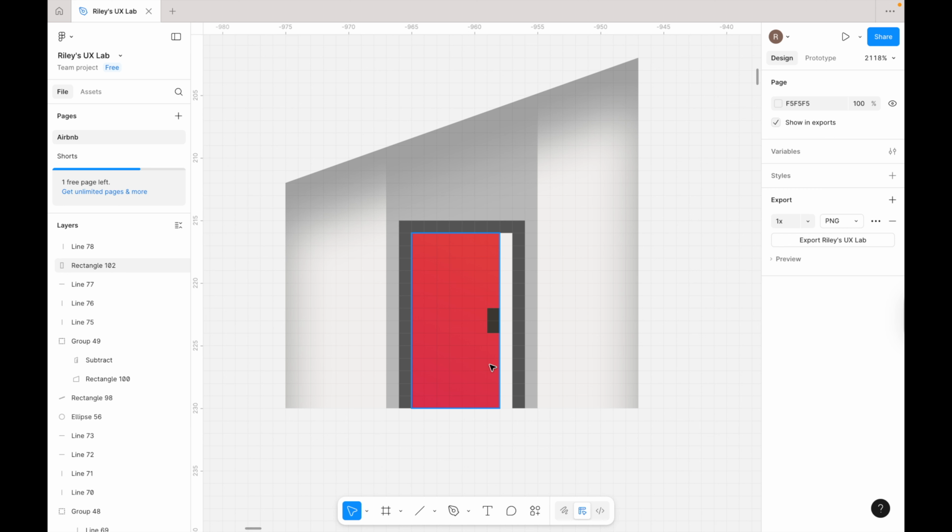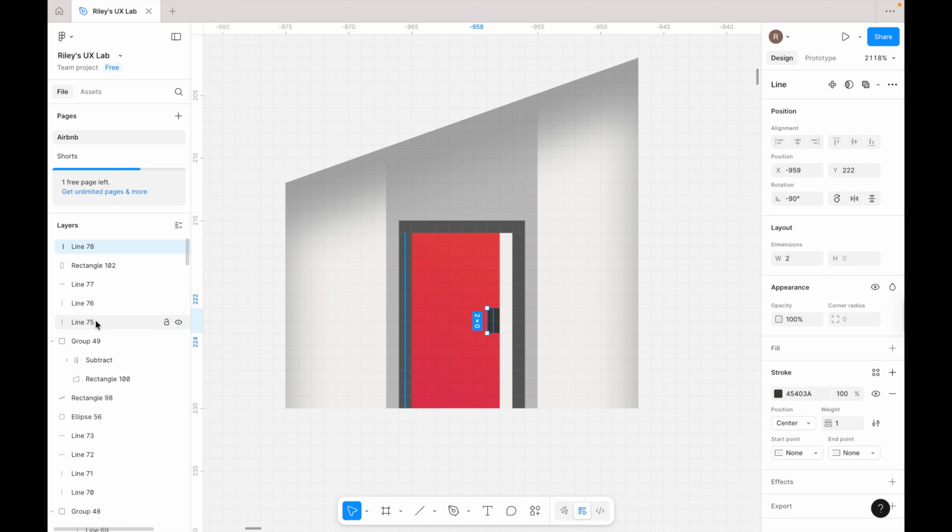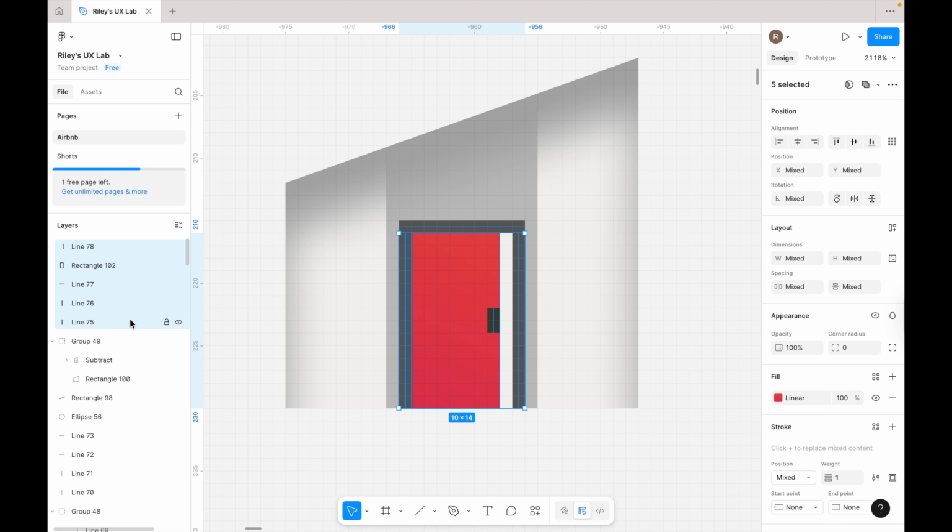And then the last thing we need to do is group the frame, the door, and the handle together to make it easy so we don't have to try to do each one individually. If you come here, hold shift and select it, it will select everything for us, and then we can just do Command G and group it